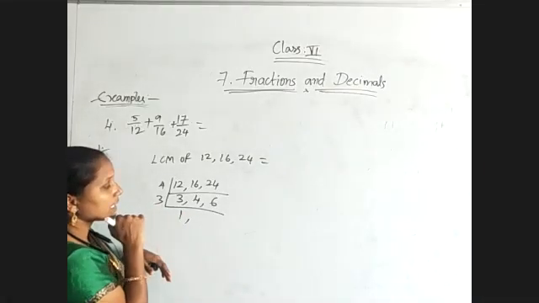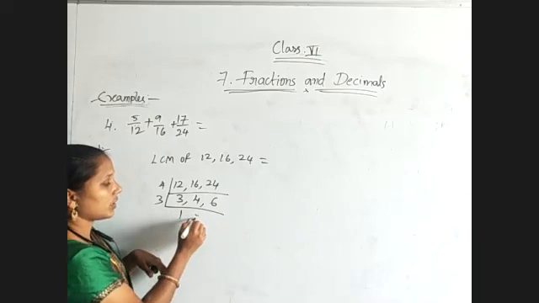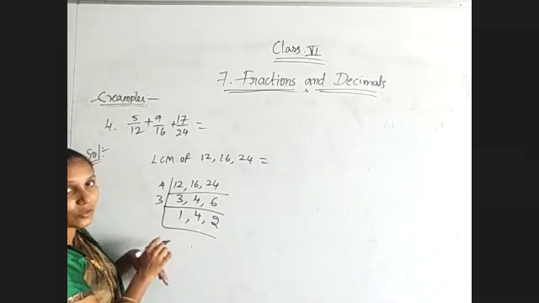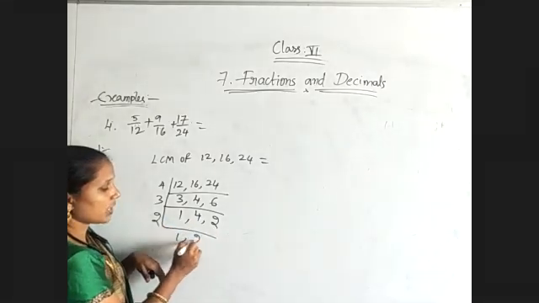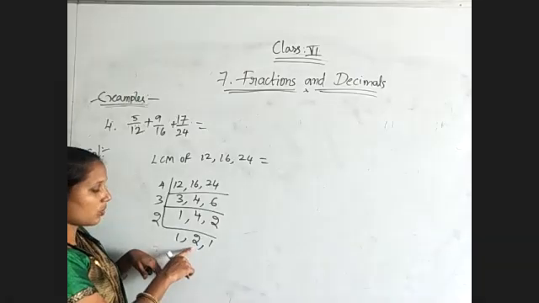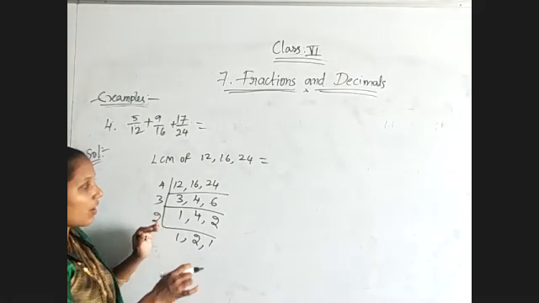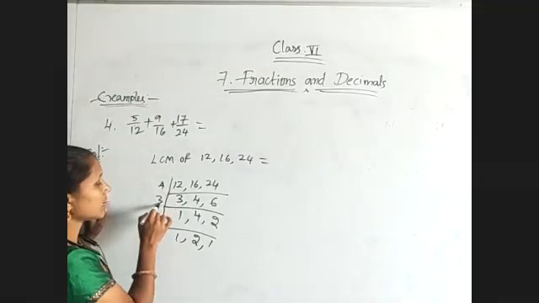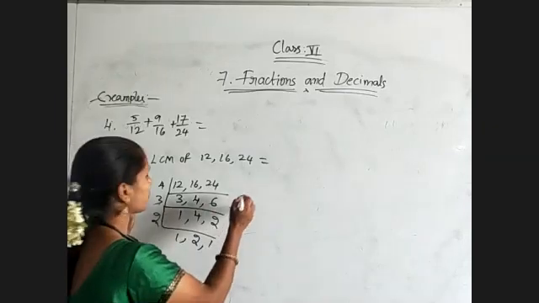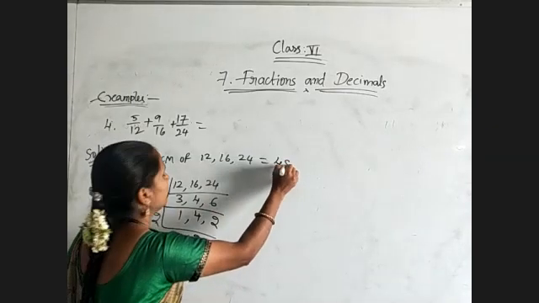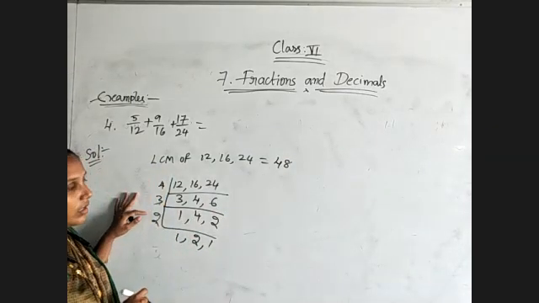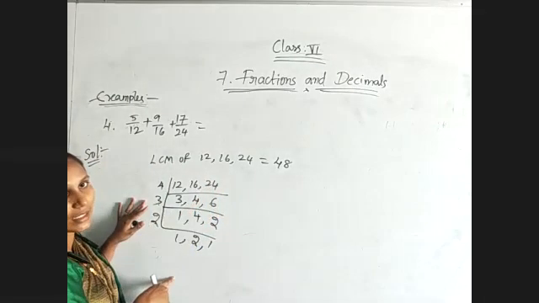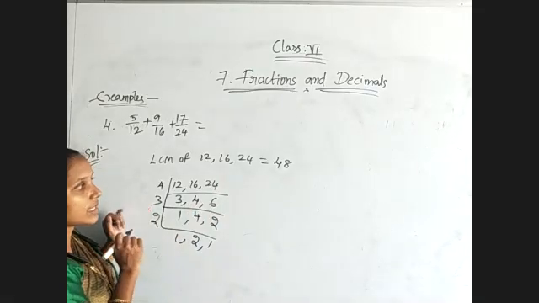3 ones are 3. Okay. 3 twos, 4 will not get. 3 twos are 6. Now 4 and 2 will get in the 2 table. So 2 twos are 4, 2 ones are 2. That's all. So only one number is left. So leave here only. What did we get as the LCM? 2 twos are 4, 4 fours are 16, 16 threes are 48. Okay, 4 threes are 12, 12 twos are 24, 24 twos are 48. Okay, so the LCM we got is 48.